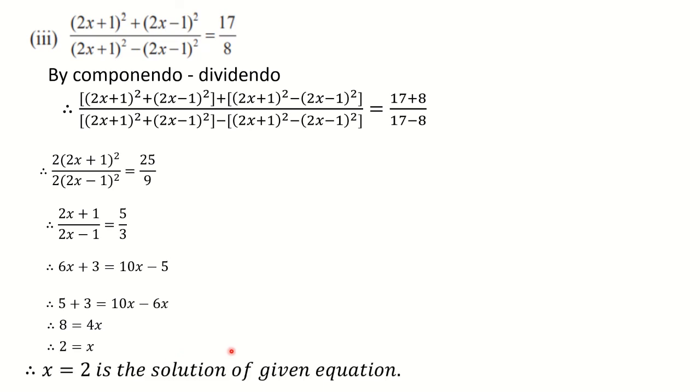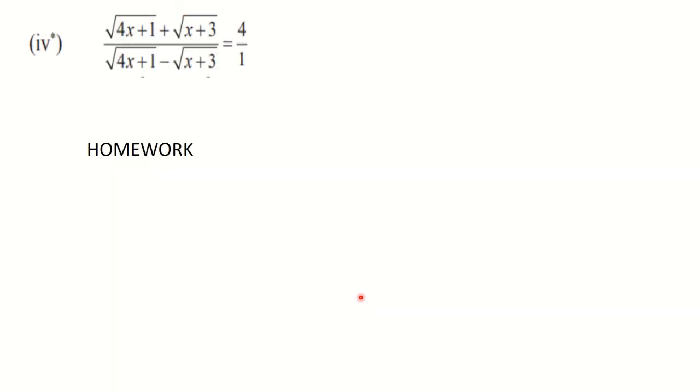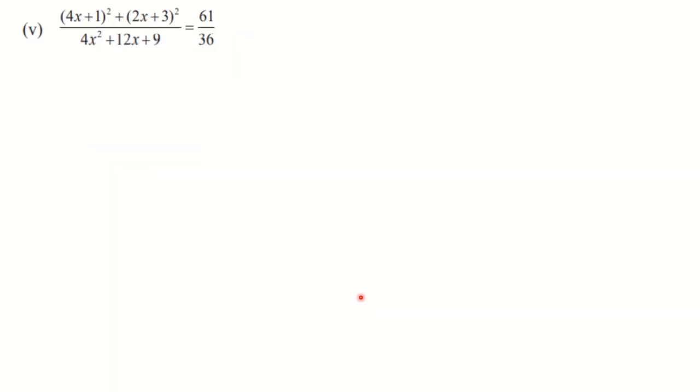In this way you are going to solve the sum. And we can write down that here x is equal to 2 is the solution. Here we got only one solution because we did not have x square in the numerator. It was totally different. So here we got only one solution. There we got two solutions because x square was present in the numerator. Similarly, you are going to solve the next sum also.